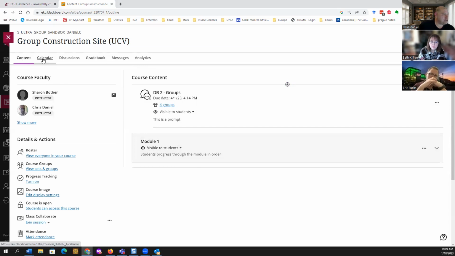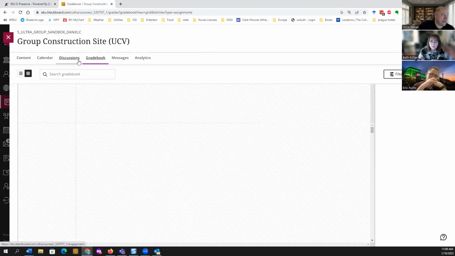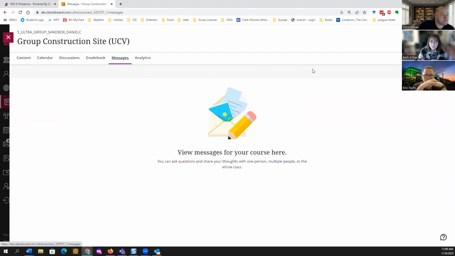Your main navigation to various major aspects of the course happens in this upper left quadrant of the screen, the menu here. So content is the main and default area. However, if we wanted to look at the discussions that we have in the course, we would click discussions, and we would move to an area where we don't see anything else but the discussions that we are to create or deal with. If we want to look at our gradebook, that happens in this gradebook menu. If we want to send a message to all students or particular students, think of this as an email, we would come over into messages.